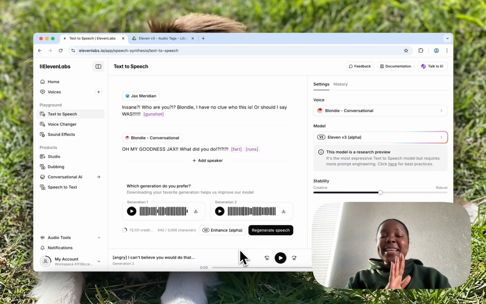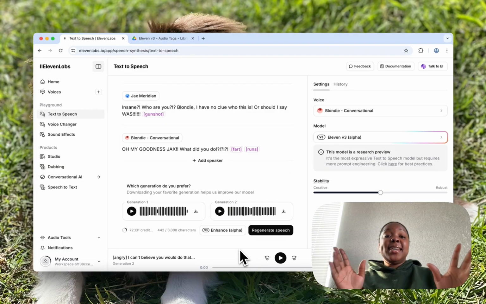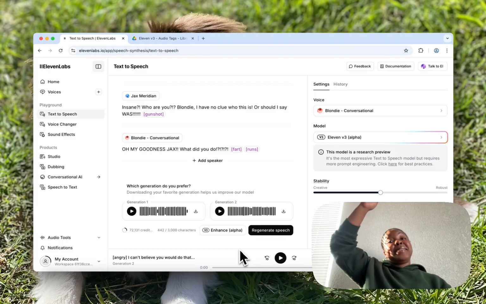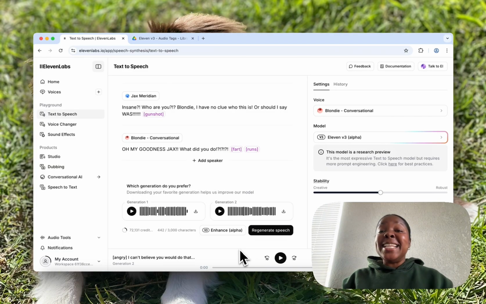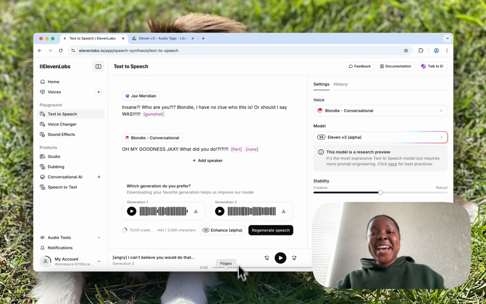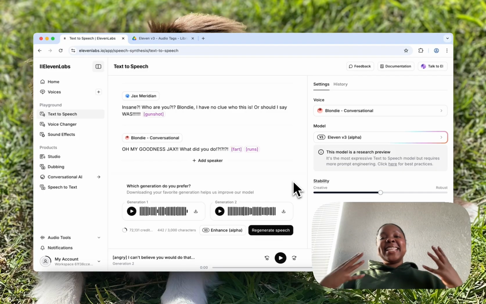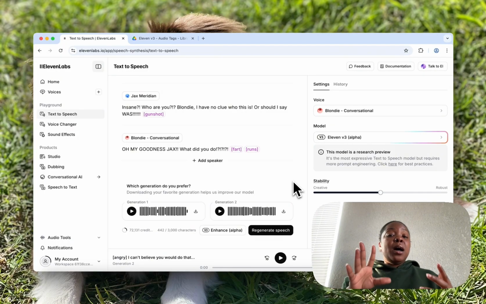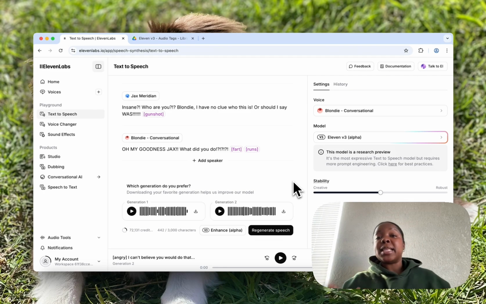They are upping the emotion every single time. That fart was ridiculous. I don't know. She was very, very nervous. And then his yelling is just up here. It sounds like nobody needs to be messing with Jackson. He needs to go get some help. But as you can see, this is fun. You can play with different emotion. Now, it didn't add runs. I probably would need to write like feet pattering or something like that. I don't know all of the different enhancements that you can add to this just yet, but go and play